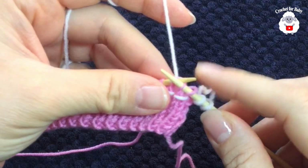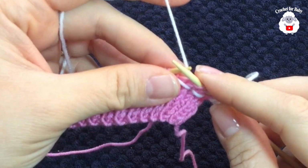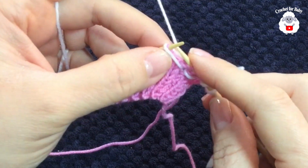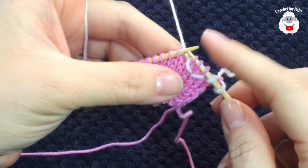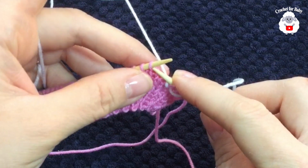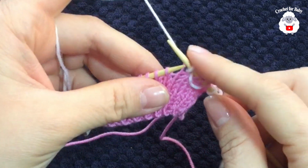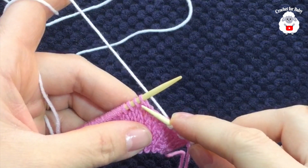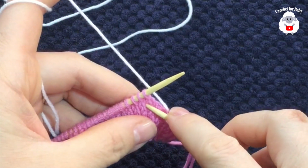No, you're going to go through the back of the stitch like this and remove them. 1, 2, 3. Now this white stitch, we're going to remove it and pull your yarn. See, there's that V stitch. Now we're going to knit the next stitch like this. Now we're going to repeat the same thing we just did here. So we're going to go into the second stitch, 1, 2, go down 2 rows,